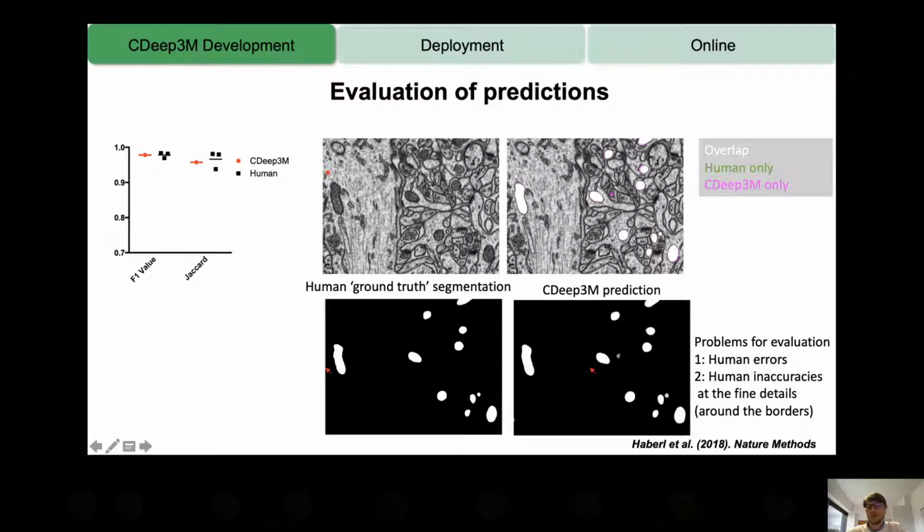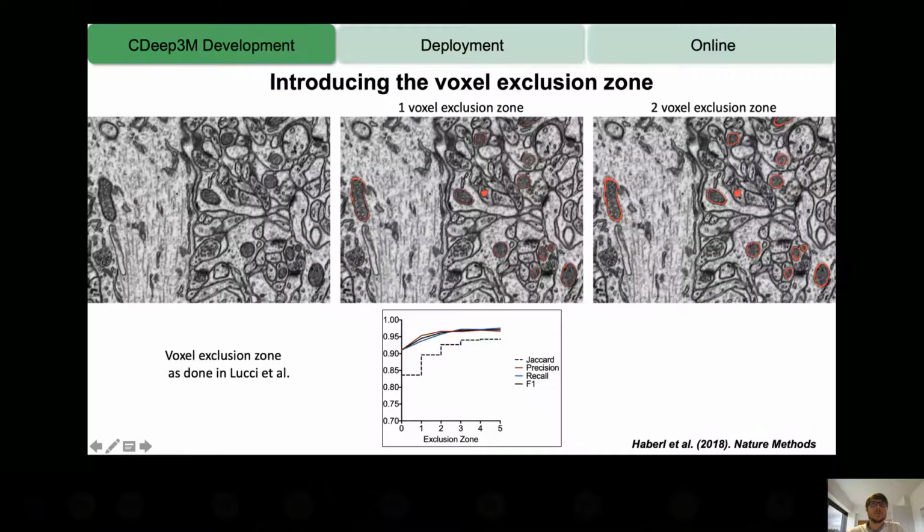When we started to account for this, and this has also been noted by other people in the field, those are not essential errors, because the mitochondria just get a little blurry around, and the humans might say, okay, I'm labeling the interior of the mitochondria, versus the computer also labeled the